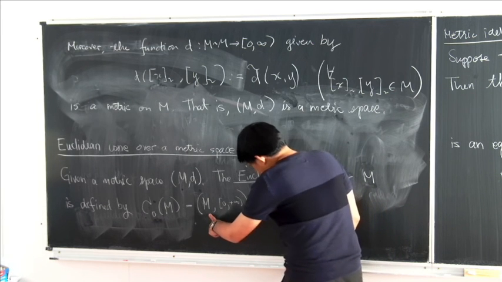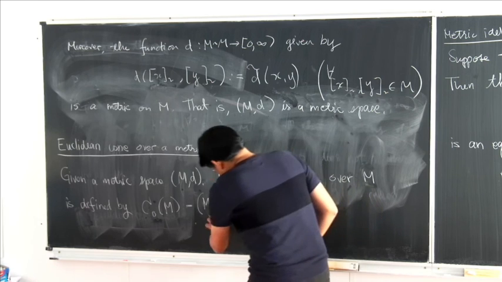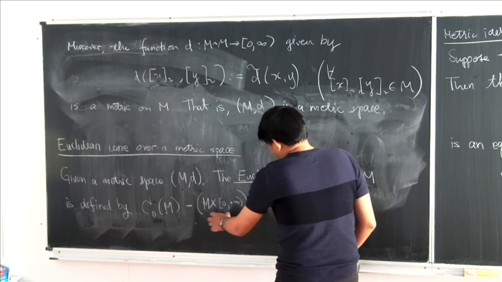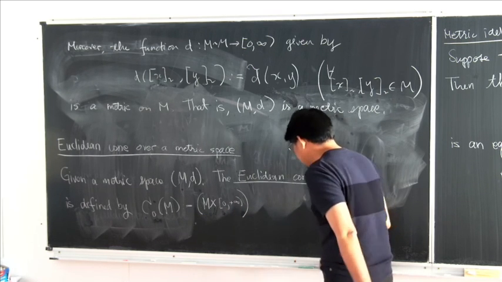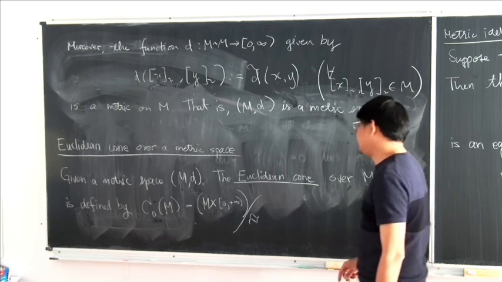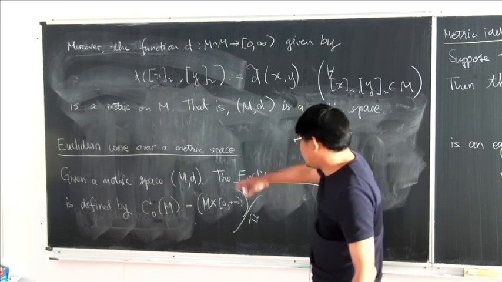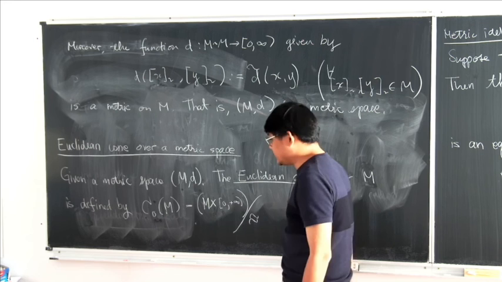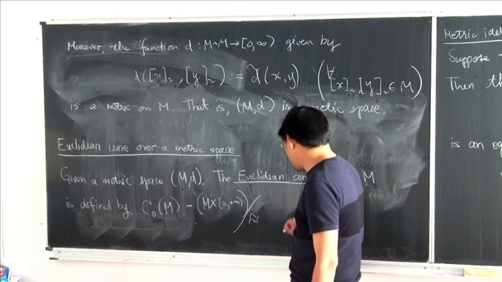The metric space M and the non-negative reals, Cartesian product together. This is modded out by an equivalence relation. I will always write double tilde here, where